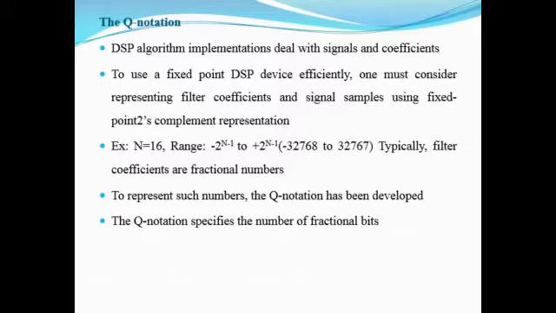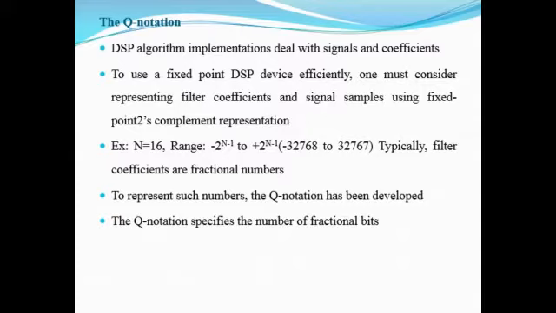For a fixed point DSP device used here, we should represent the filter coefficients and the signal samples using some fixed point format. We have already discussed that earlier, the fixed point format and a floating point format, and under that we also discussed how we are going to describe some of the values. We discussed it with two's complement representation here. So that is fixed point and floating point representation, out of which we discuss here the representation in